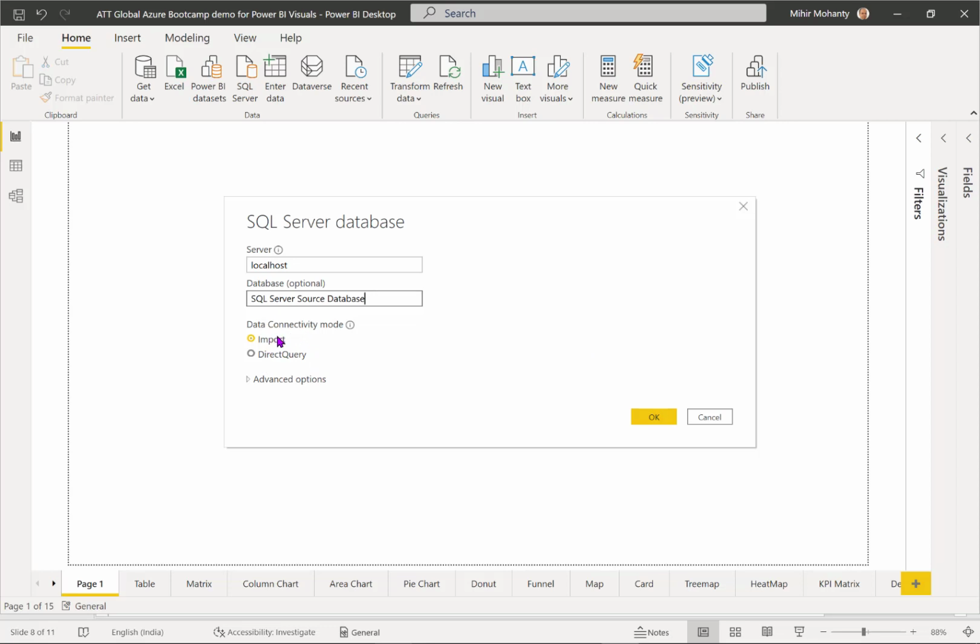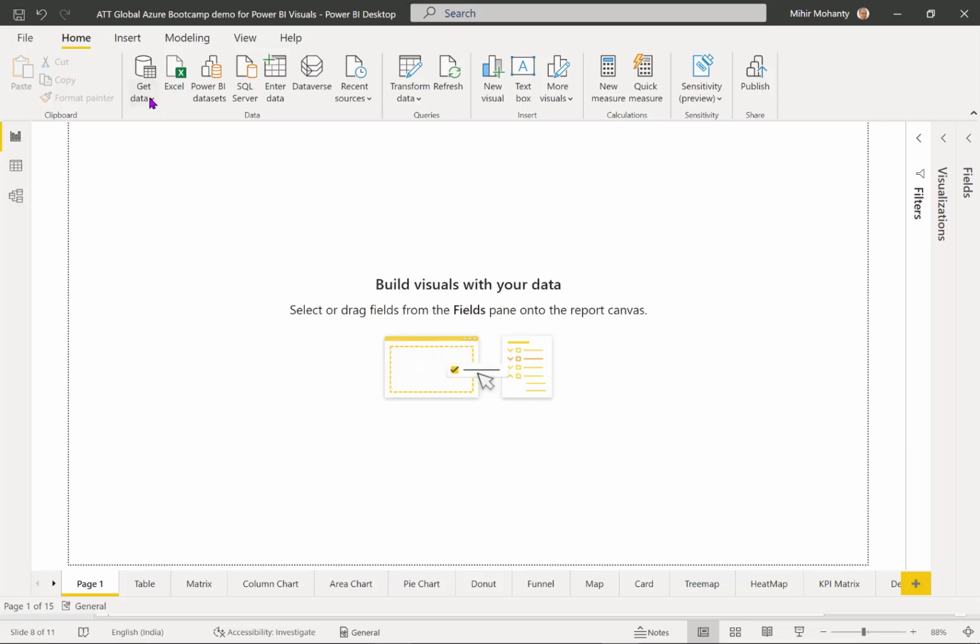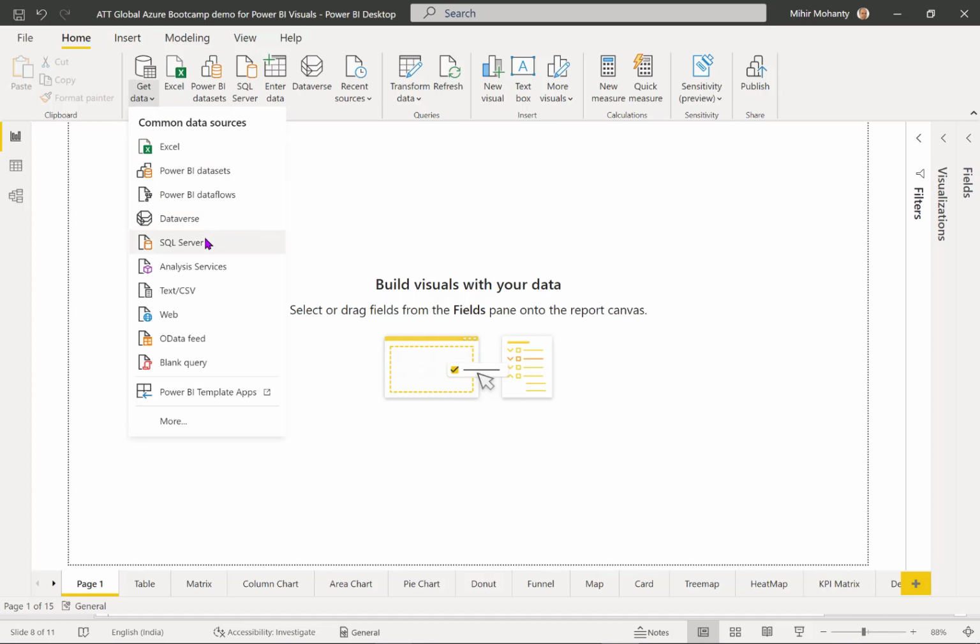The one is you can import the data, where it will import the data from this particular SQL Server and add it to Power BI Desktop, which you will see under the Fields tab. Also, this gives you the option to query the data directly from this data source or database, so there is no need to import the data. You simply query the data, and whatever data is relevant for you, you can come and work on those data sets. That's how you can import many other data sources, like data sources available from Excel, SQL Server, text files, and that's where you can get going.